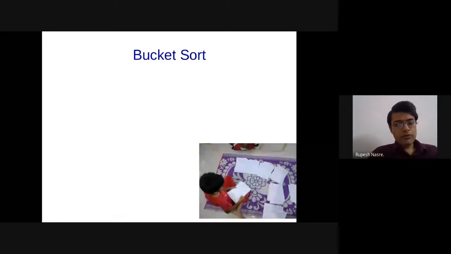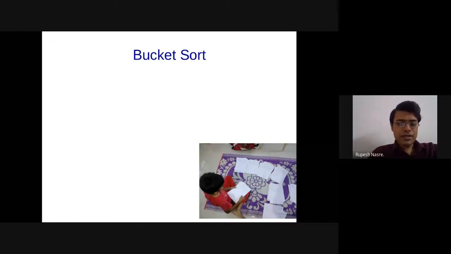So one of the ways in which that can be done is using bucket sort. To motivate bucket sort, and how natural it can be for even kids, I'm showing this picture. That is my son. And in the physical world, when we used to have those answer sheets after quiz 1, quiz 2, etc., we used to sit for days together with the scripts and evaluate those. And then he used to feel very interested that, oh, can he help, right? So we have forbidden him from helping in the evaluation.